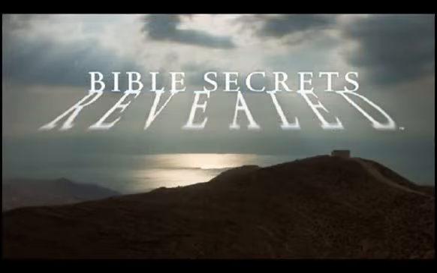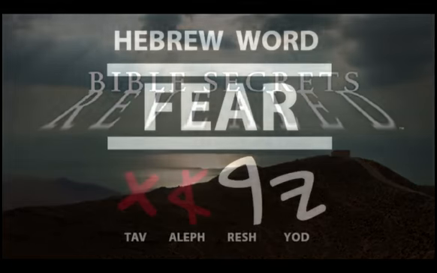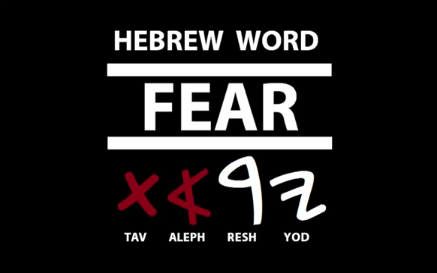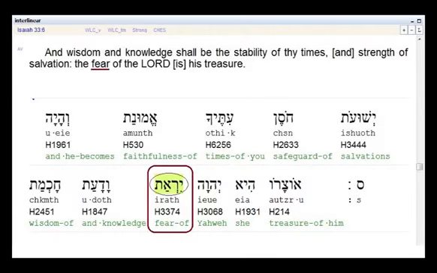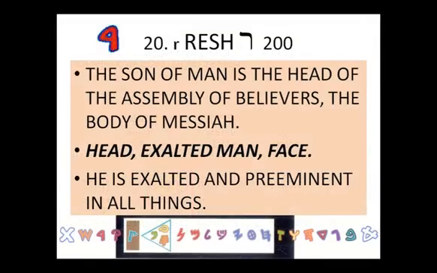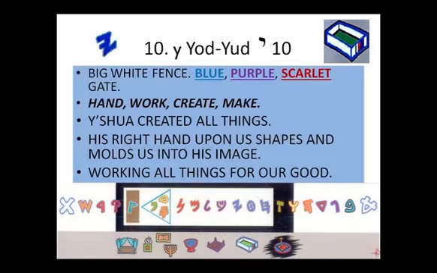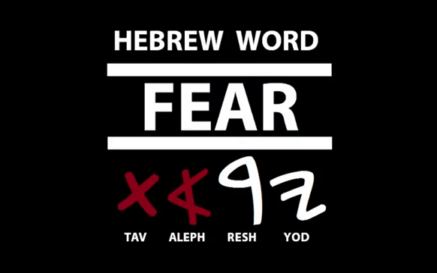To further establish and prove my point, let's look at the original Paleo Hebrew word picture, fear, that incorporated the Aleph Tav, and for good reason, thus creating a very profound word, because this word is only used to describe the only fear that we should have, and that is the fear of Elohim, which leads to knowledge, wisdom, and blessings. The Hebrew word incorporates the letter Resh for the meaning of the head or face, and the Yod for the meaning of the hand, and the Aleph Tav as a symbol to represent the sacredness of Elohim and the